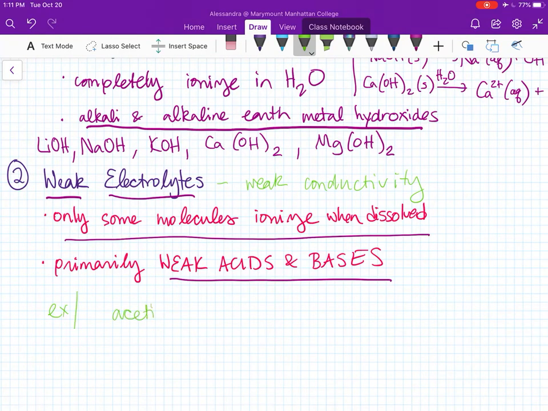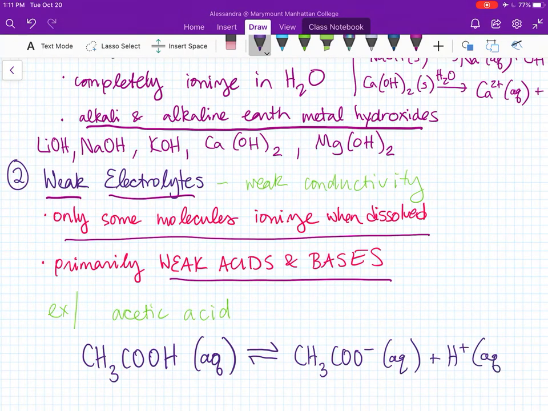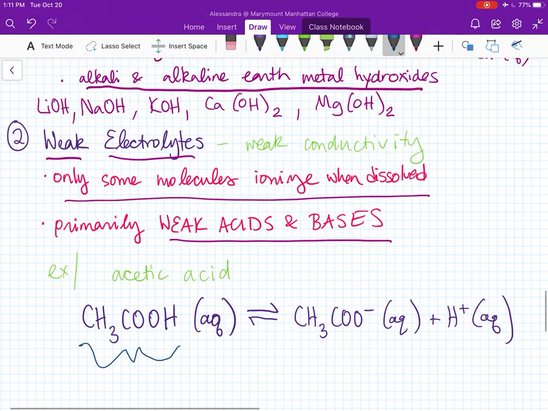Let me give you an example. An example would be acetic acid. Acetic acid is the acid that is in vinegar. This is a classic weak acid. It has this formula, okay, CH3COOH. And when it dissolves in water, the reaction doesn't go to completion. So we represent it with this double-headed arrow. And what that double-headed arrow does is it conveys the idea that this reaction only goes partially in the forward direction. And in reality, the vast majority of the molecules stay intact as